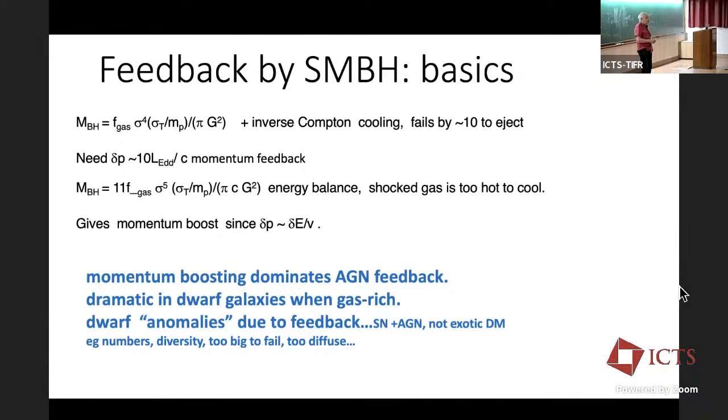And all I want to say now is that with this complex history of feedback from exploding stars, which I haven't even mentioned yet, but they do a lot of feedback on the gas. The first stars explode, push out the gas that will be making the next stars, and this central black hole, which is going to blast stuff out too. It's very hard to conclude that you're not strongly affecting the potential of the galaxy, especially the small ones, by the rapid dynamic motions going on in the center. And there are, in my opinion, no more anomalies to look for. But I'll give you a little more evidence in a moment of that.